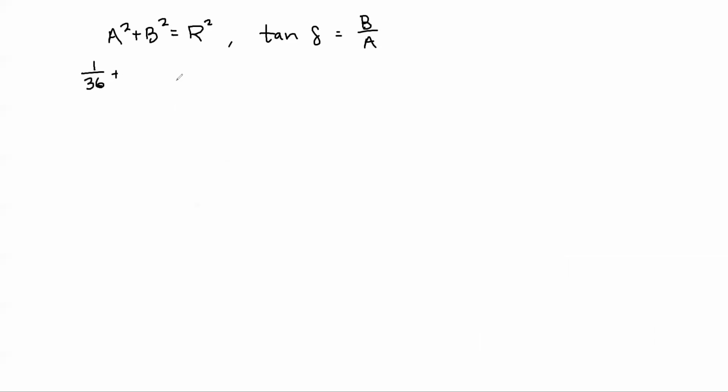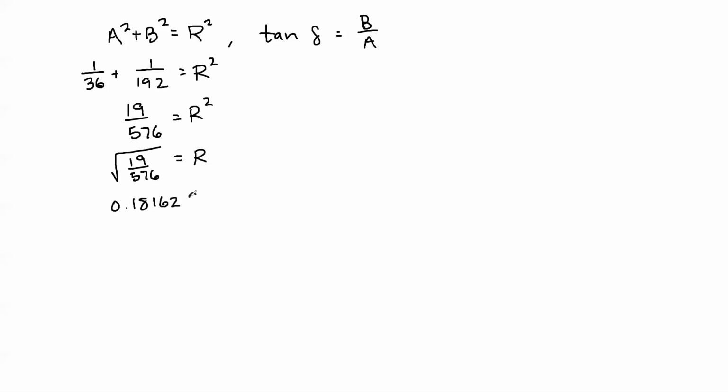And b is 1 over 8 root 3, so if you square that, it's going to be 1 over 192. Equals r squared. And so we get common denominators here. You get 19 over 576 is r squared. And then r equals the square root of 19 over 576, and that simplifies into